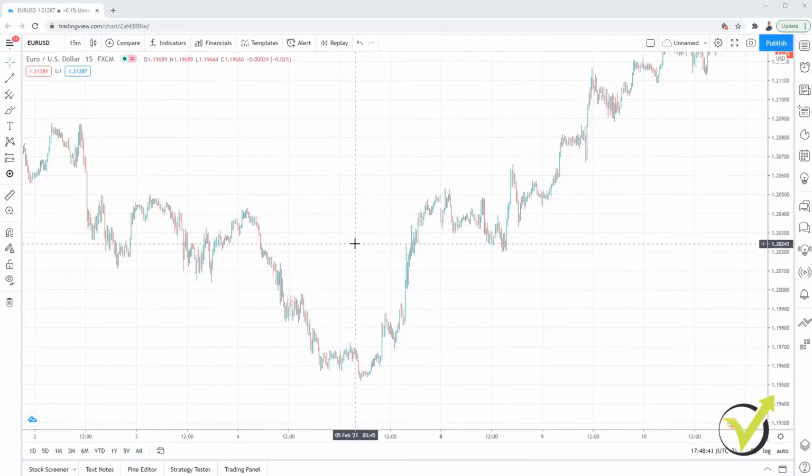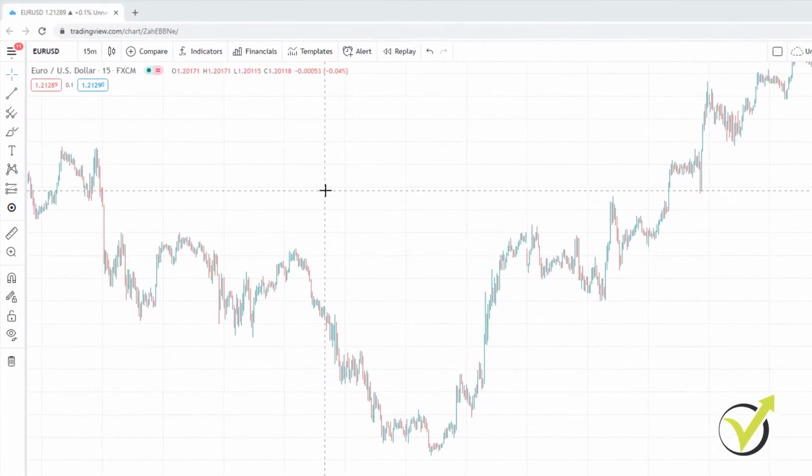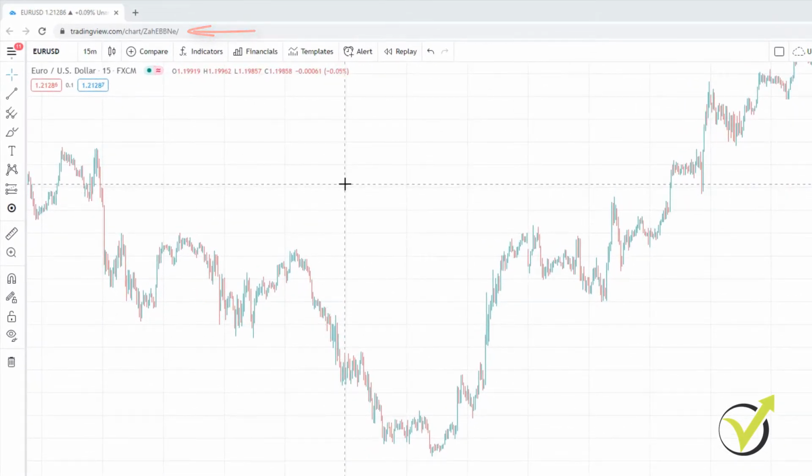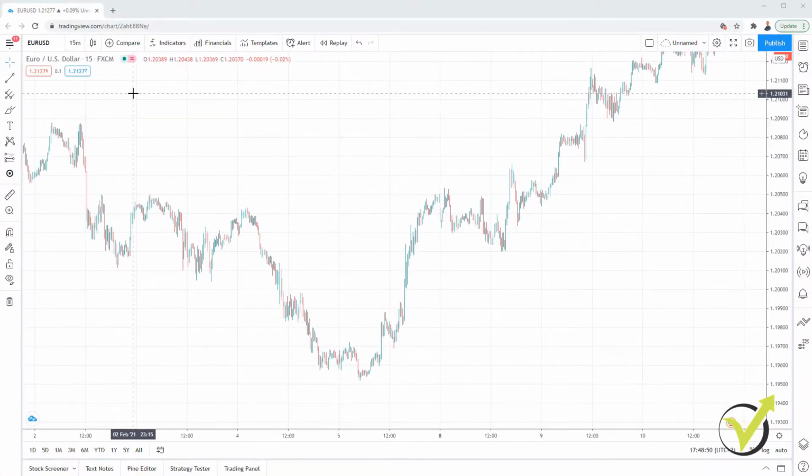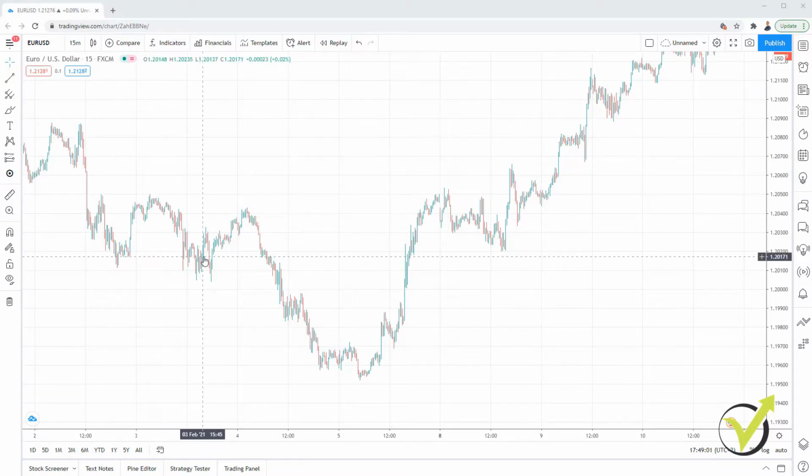So right now I am on tradingview.com, which is a platform I've been using for technical analysis and price action trading. So you can use it no matter which broker you use. I usually do the analysis here and I execute the trades on other platforms. However, the platform allows you to connect to some of the brokers. I haven't done that personally, so I'm not demonstrating it in this video.